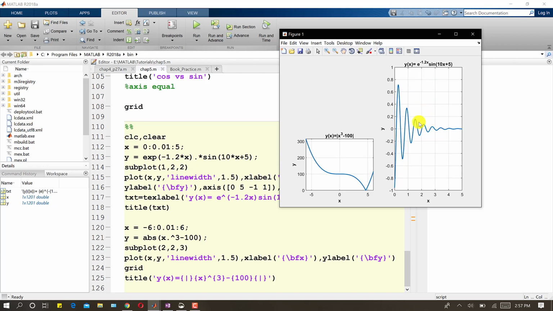What was the subplot function for this? It was 1 cross 2. For this we have divided the figure into a 1 cross 2 array, so 1 row and 2 columns, and this is the second element of that 1 cross 2 array. And for this, in this script file we have divided this figure into a 2 cross 2 array, so 1, 2, 3 and 4, and then we gave the address for this as the third one. So this one is the third one.